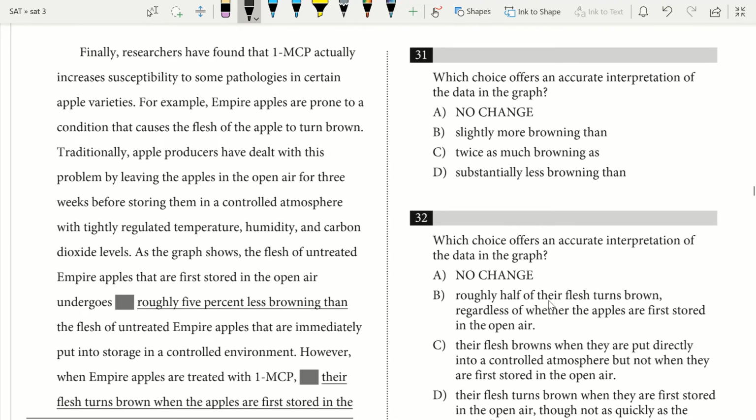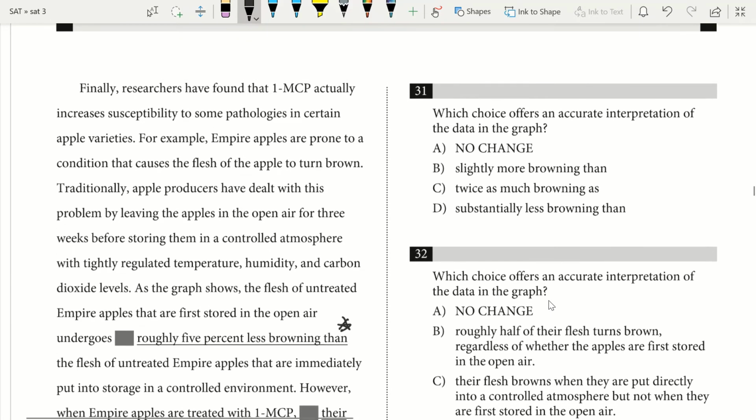Finally, researchers have found that 1-MCP actually increases susceptibility to some pathologies in certain apple varieties. For example, Empire apples are prone to a condition that causes the flesh of the apple to turn brown. Traditionally, apple producers have dealt with this problem by leaving the apples in the open air for 3 weeks before storing them in a controlled atmosphere, with tightly regulated temperature, humidity, and carbon dioxide levels. As the graph shows, the flesh of untreated Empire apples that are first stored in the open air undergoes, and then we have